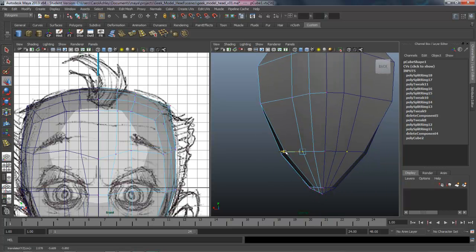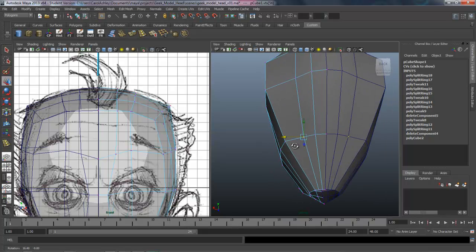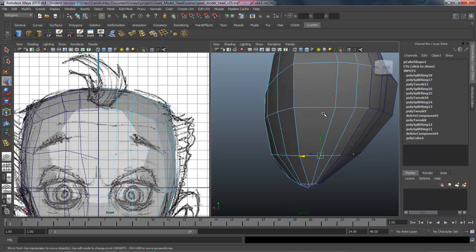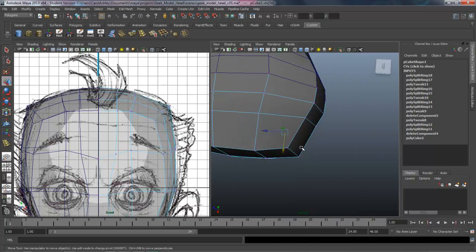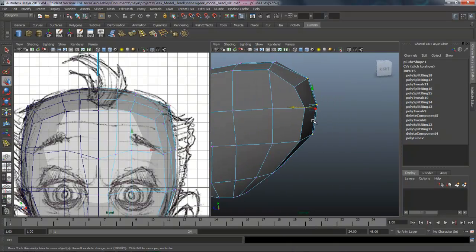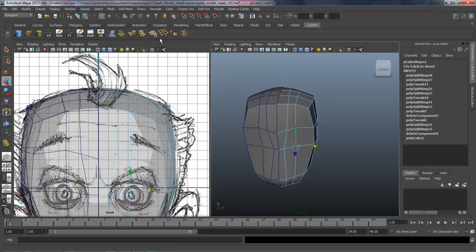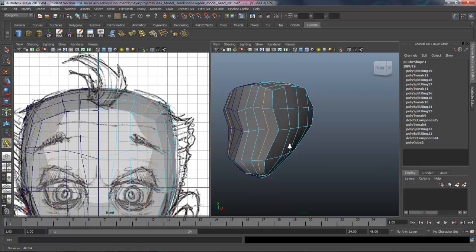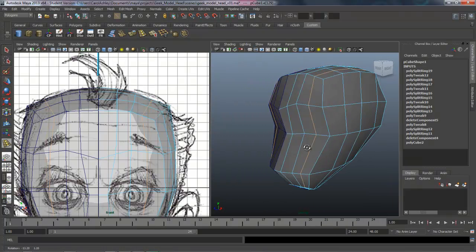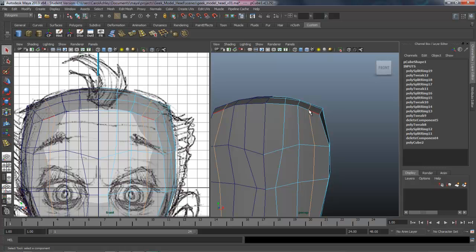Okay, and then down here, it's going to be pretty tight down here. We may actually have to collapse some of that in the back here, which is fine. It'll be hidden underneath the hair, or we may actually have a triangle back there. Okay, and then rounding that out. Okay, so let's go ahead and insert another edge loop here. Just pulling these over a little more. Okay, so there we go. So we've got enough to work with now with the eye socket. Okay, and we'll just have to shape just a little bit here.